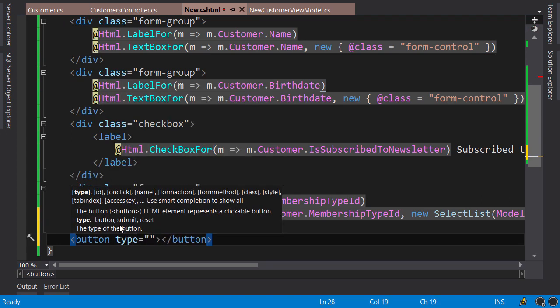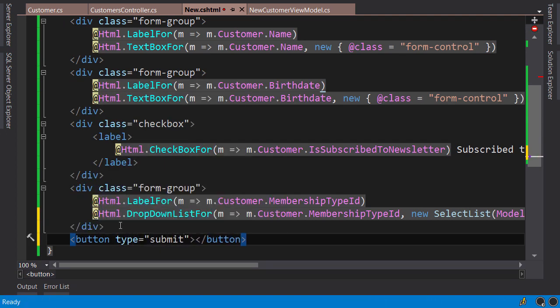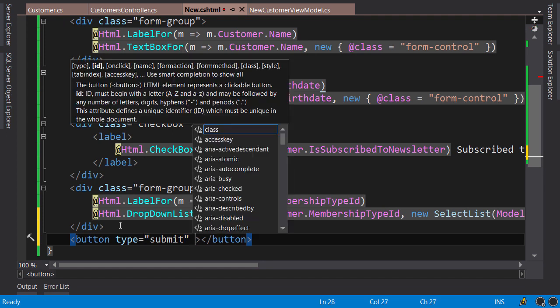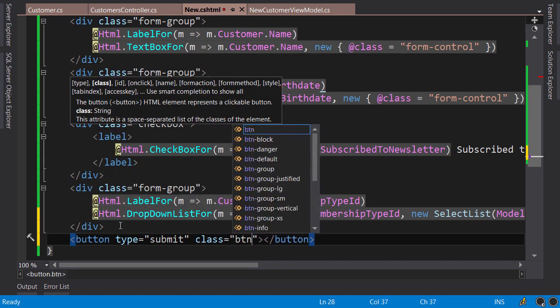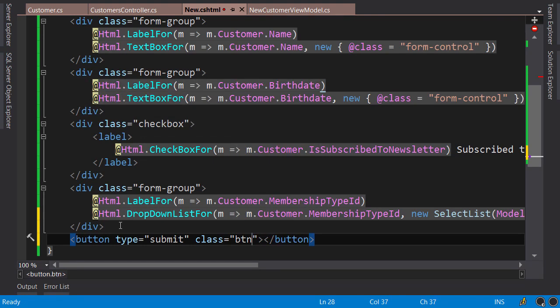The type of this button should be submit to submit the form. And I'm going to give it a couple of bootstrap classes. btn, which is required by all buttons, and btn-primary, which gives it the color used to represent the primary action used on this view. And we call this save. Now, if you scroll up,